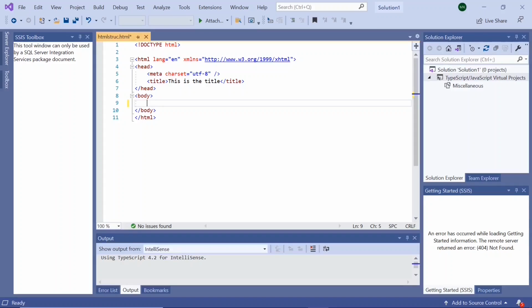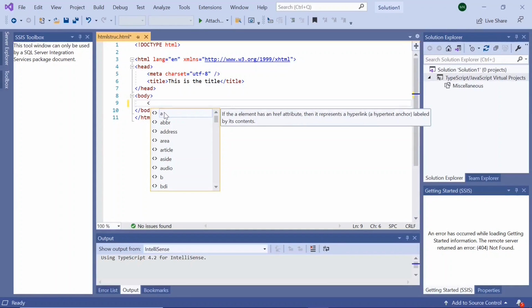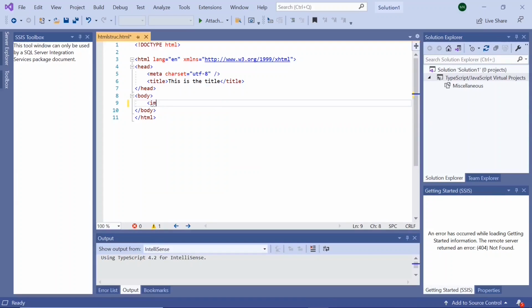Now let us see how we link a part of the image to go to the website or YouTube channel. img source is equal to logo.jpg, alt is equal to logo, width is equal to 150 and height is equal to 150. Close this,